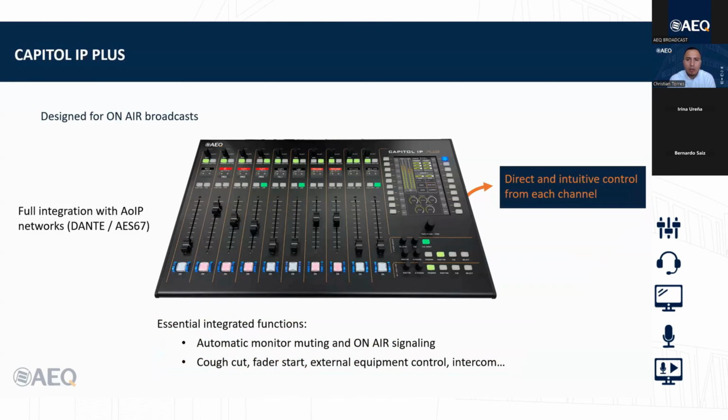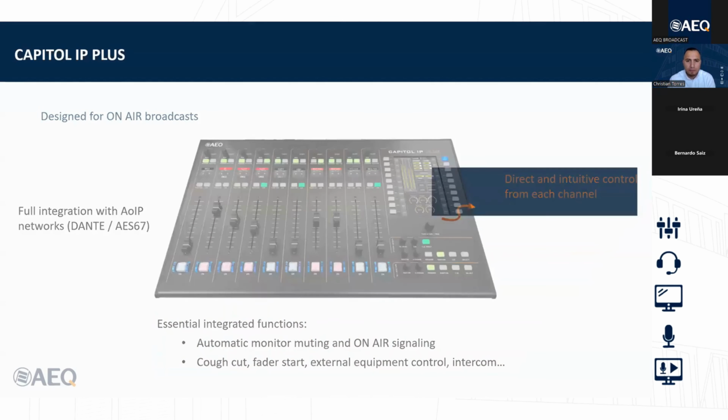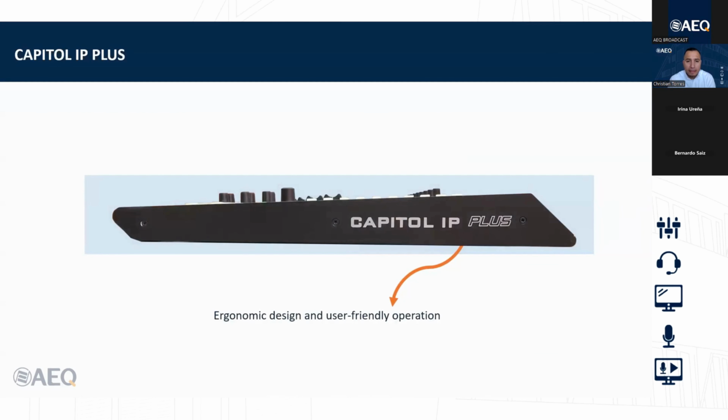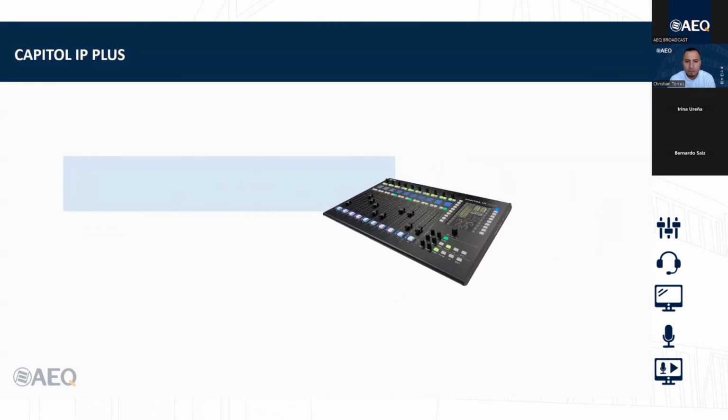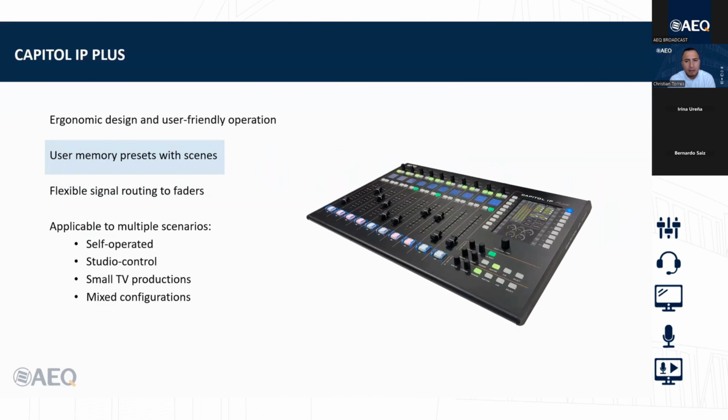Each channel has a color display with complete information for that channel, function buttons, pre-listening or the normal queue, and routing. The Capital IP Plus has a surface with an ergonomic design and low profile. This is a desktop unit presentation designed for dynamic, precise, and error-free operation. It enables signal sharing, labels, routing, and processing, adapting to different program uses, for example, TV or radio station.